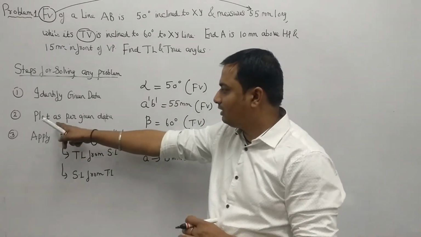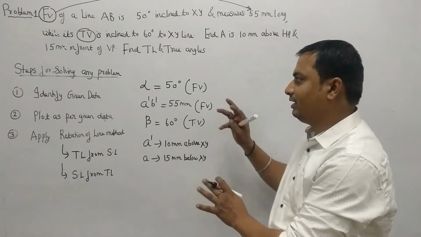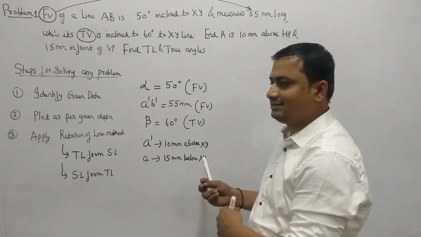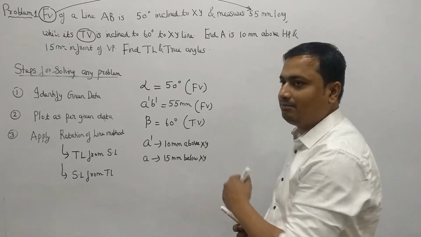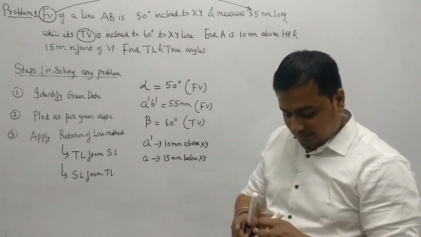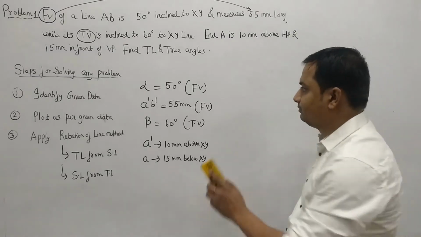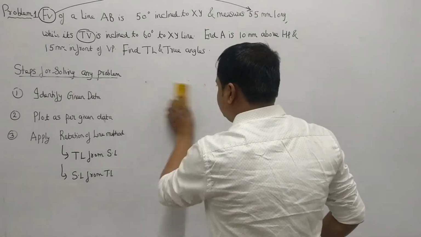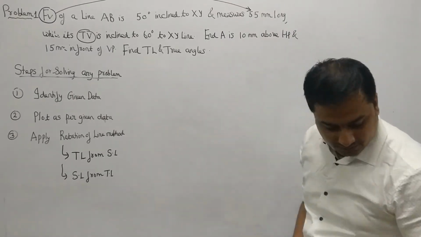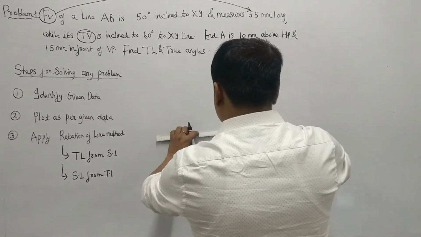The second step is to plot as per the given data. We have to use this given data and at least complete the steps. At least we can reach up to that part of the drawing with the help of this given data. So again, I will be drawing with the help of this given data. Okay, I will be rubbing this. Alpha is given to us 50 degree, and we have to start with the reference axis.